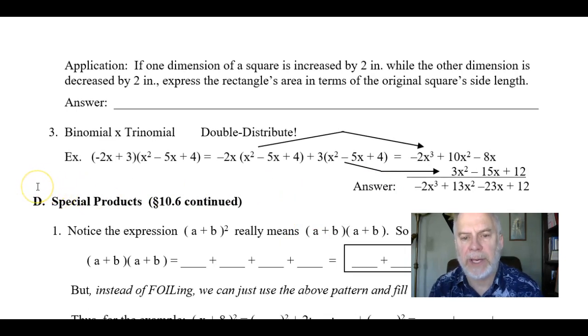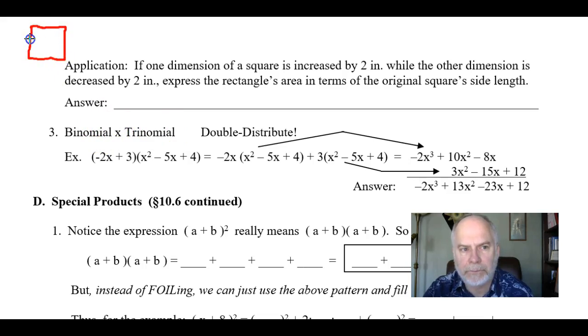Now, I have an application problem here, and it says if one dimension of a square is increased by 2, while the other dimension is decreased by 2, express the rectangle's area in terms of the original square's side length. So I want you to imagine, okay, here's the original square I'm drawing, and let's call the original dimensions x. So I've got this square is x by x, and then I'm going to